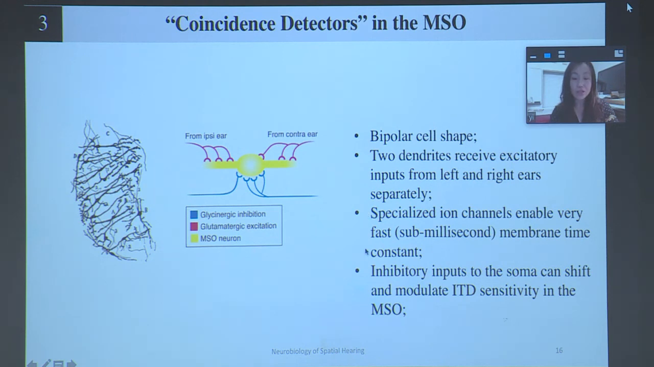And there are specialized ion channels along the dendrites and across the cell membrane of the cell body, enabling a very fast membrane time constant. Fast, I mean, on the sub-millisecond time scale, to allow this computation of the relative times of two inputs coming from different ears. And then in recent decades, studies also indicate that not only do these inputs carry excitatory information coming from the left and right ear, but the MSO cell also receives glycinergic inhibitory input coming from the cochlear nucleus. And these inhibitory inputs are believed to have the ability to modulate further